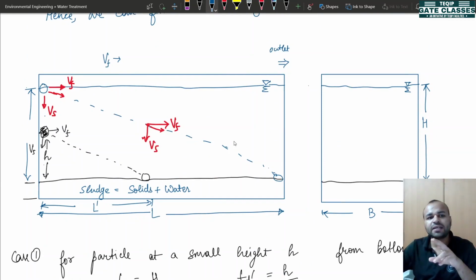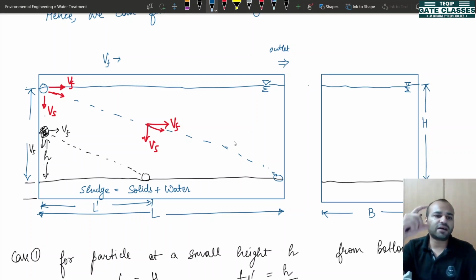Now in this case, the particle for which we are designing is the particle for which we calculate the various dimensions using the analysis that we have done above for the particle that we consider to be at the top surface of the water level, and we assume it to be completely removed when it reaches this position, that is the bottommost surface of the settling zone. So with this we can determine the various dimensions for the sedimentation tank, and we design the entire process for this particular particle size. How do we calculate for which particle size we need to design the tank?